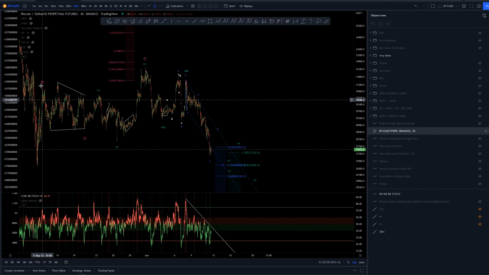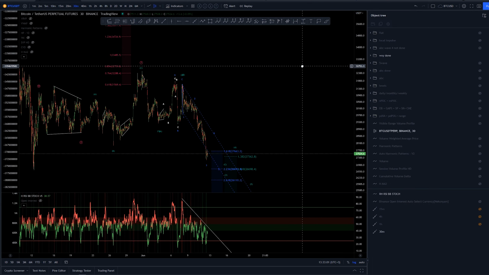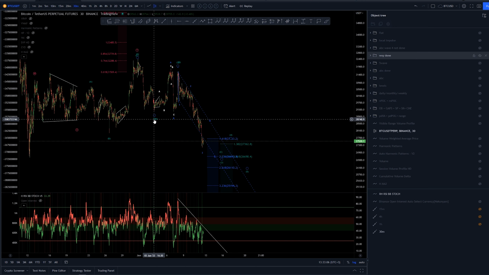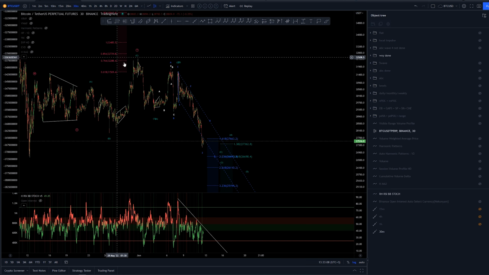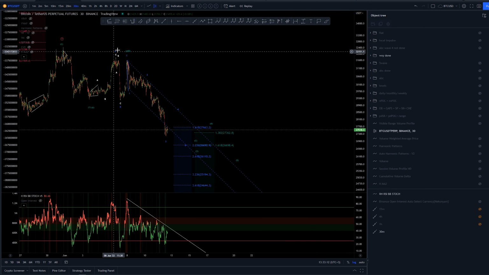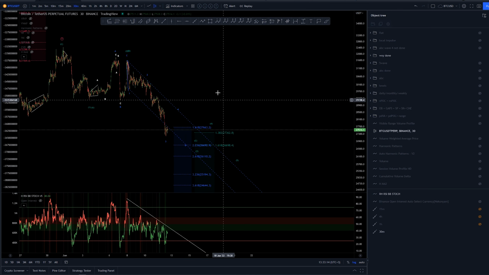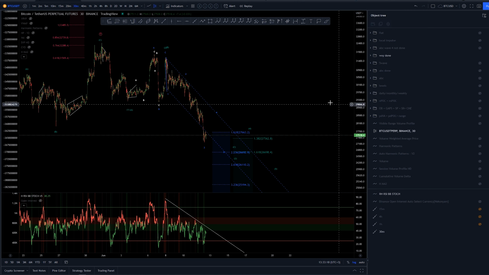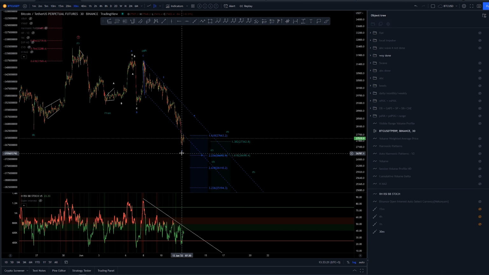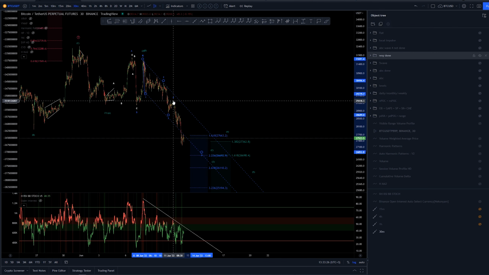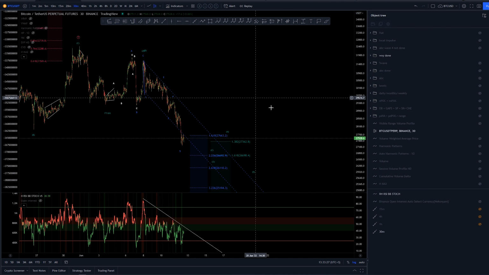Here I've got a WXY possibly completed, and the wave 4 could be here. Then we could be starting something new, a wave 1, 2, or an AB if this is something else. For this one, we would be looking for a 5-wave structure here, and that is what it looks like it's printing. Yesterday's video, I think we were talking about wave 3 here, 4 and 5, but I said that